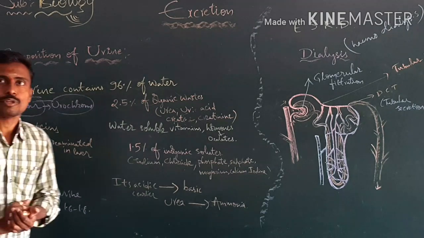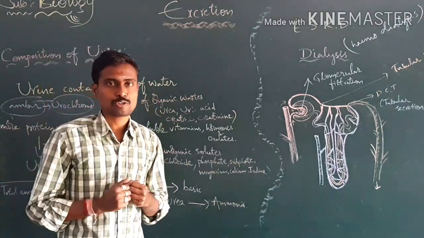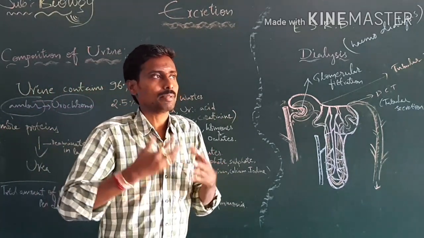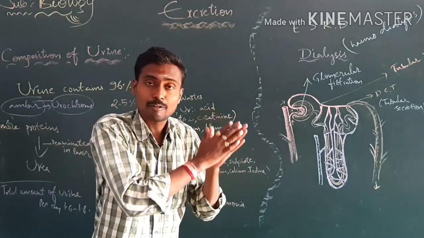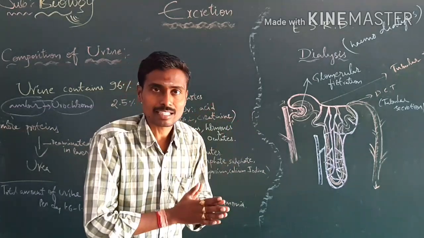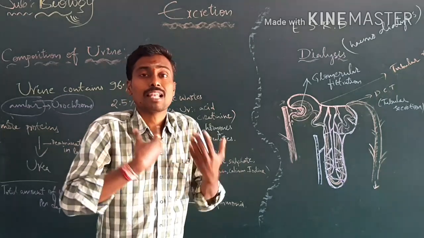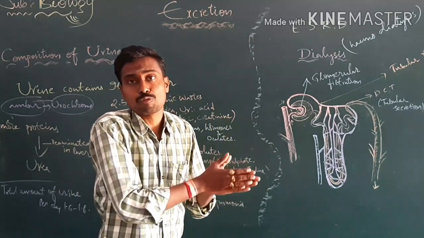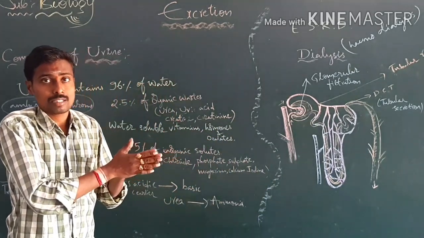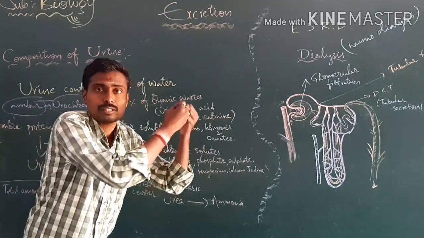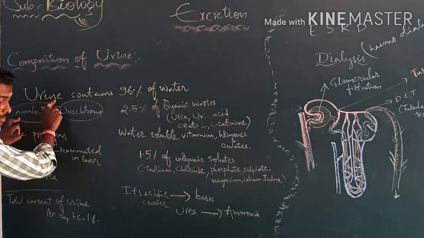What is the color of urine? Amber color. What is the reason behind it? One thing you have to understand. Our skin is somewhat black in some people, our blood is red, and leaves are green because of pigments, isn't it? In the same manner, we are black because of melanin, leaves are green because of chlorophyll, and blood is red because of hemoglobin. These are all pigments, and these pigments are responsible for a particular object's color. In the same manner here, urochrome is responsible for the amber color of urine, isn't it?